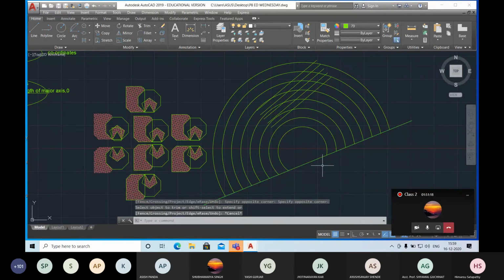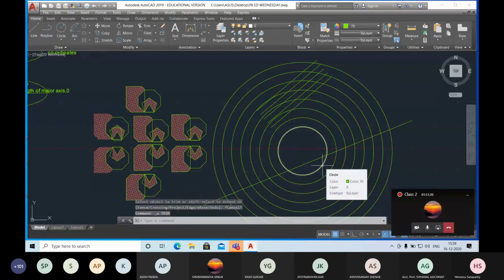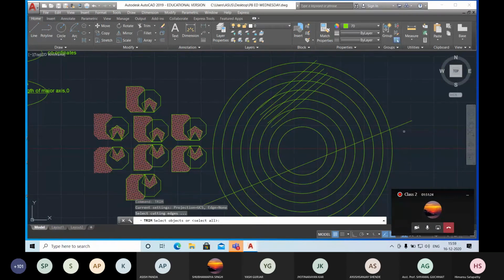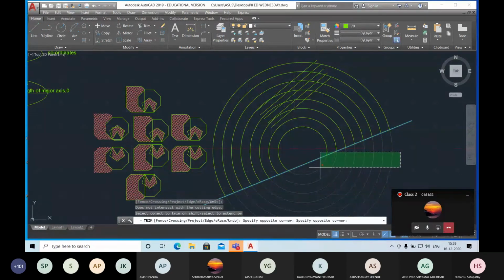Press enter. I'll tell you again, the command is trim. Select the line by which you want to cut, press the enter button, then select the circles which you don't want to keep. Okay, so this is your trim command.